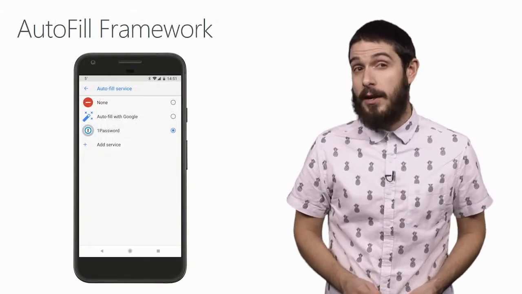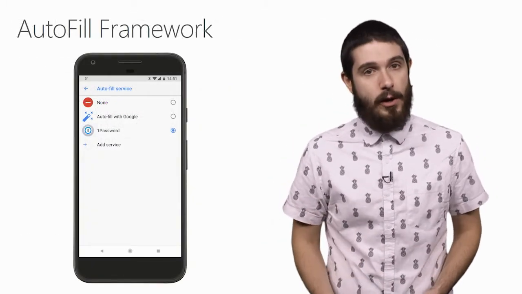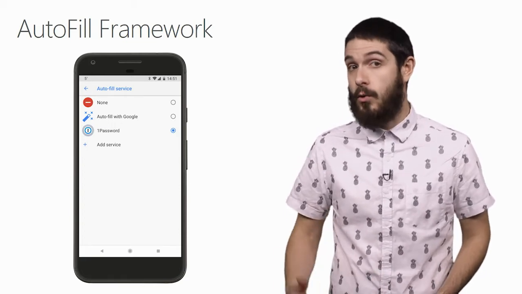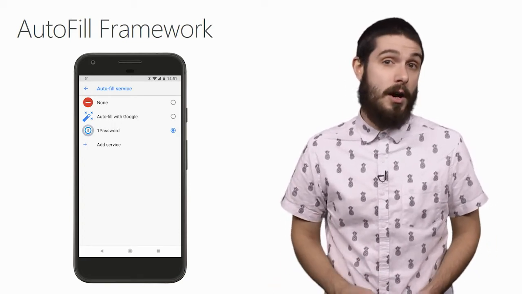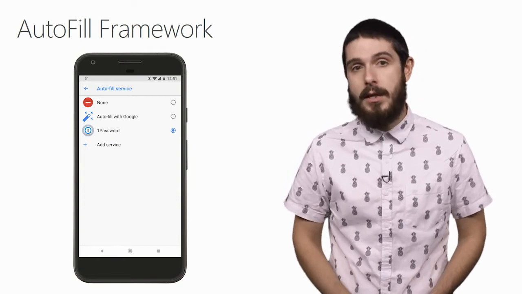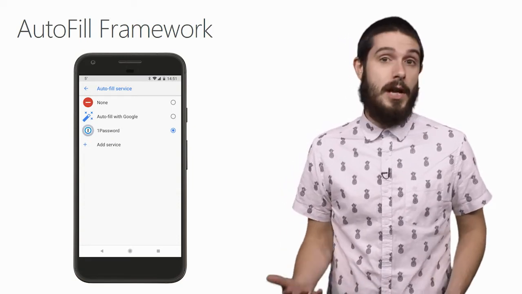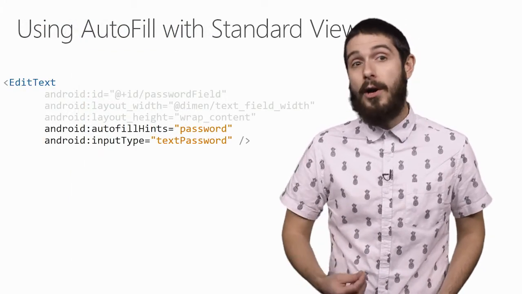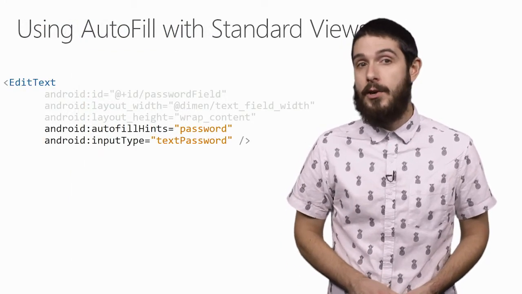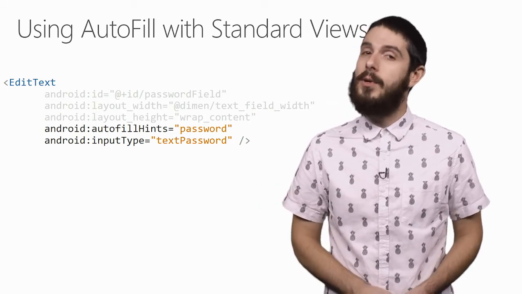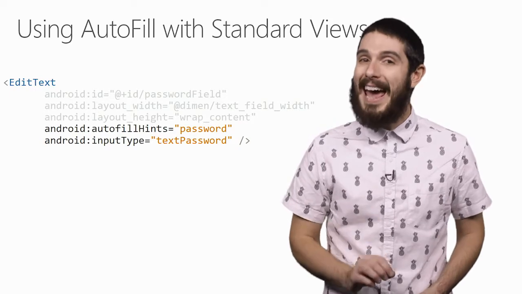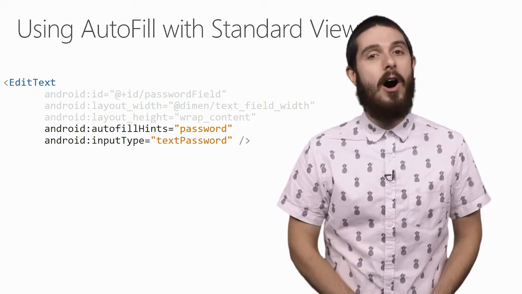Now, what's also great here is that there's been enhancements to autofill. This enables other applications such as password managers or Google Chrome to fill in information automatically based on the type of field it is. This is great when you have usernames and passwords or other types of fields. So how do we get that? Well, all you have to do is add a few more properties. You give it the autofill hints and input type. So here I'm going to specify password and text password, and then any password application can automatically fill in my